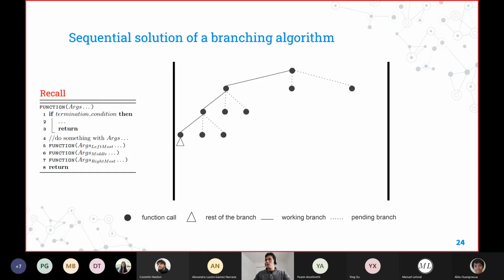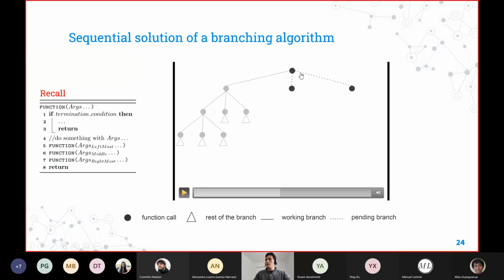If you don't see it, just let me know, please, and I will do something. This would be the example. The broken lines represent those branches that are going to be solved after the working branch, which is the solid line. And the triangle just represents the rest of the exploration tree, for the purposes of this presentation.